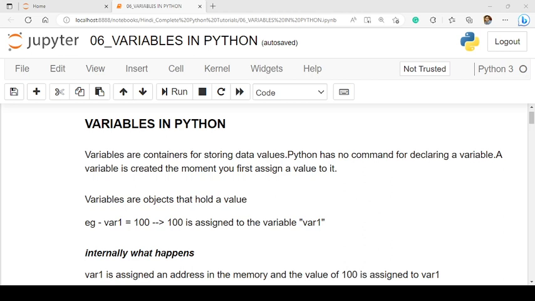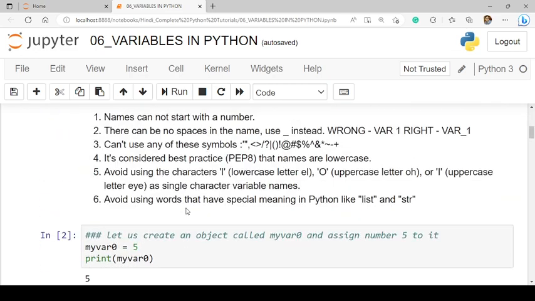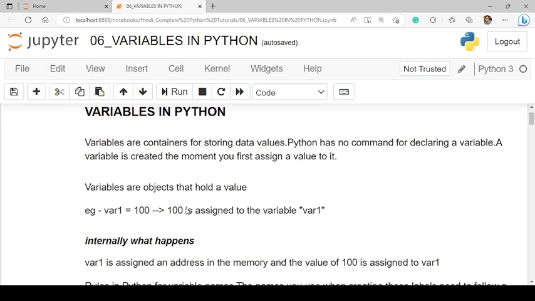In this video, I will continue discussing the complete Python tutorial. In this video, I am going to discuss in detail the variable. A variable is a very important concept which is used in programming languages. So I will discuss it in detail. I will also show you practically how you can create a variable and the use cases in